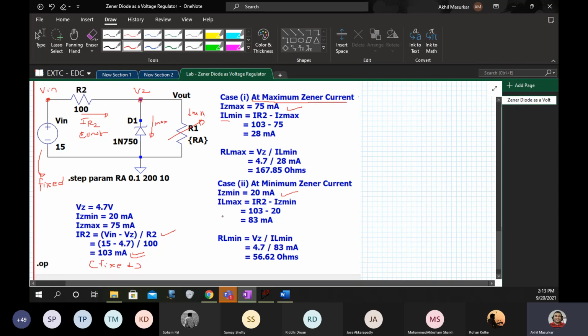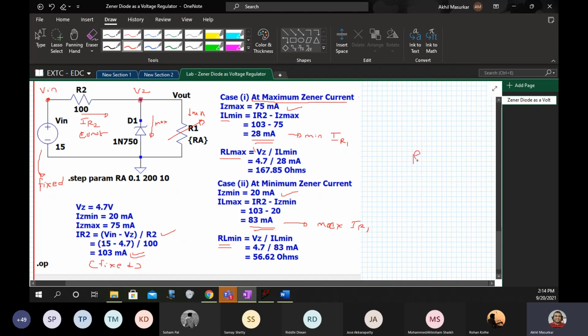On the other hand, if IZ is at min, IL will be at max. So accordingly we get two currents, 28 and 83. This is my minimum load current, or minimum IR1, and this is max IR1. Min IR1 and max IR1 we will use to calculate max RL and min RL respectively.